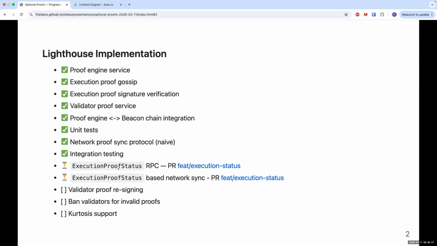I've opened a PR which uses this RPC and optimizes the naive proof sync protocol. We've got a few small features to implement. These shouldn't be too difficult. And then Kurtosis support is the final task. But yeah, I feel like we're making pretty good progress, and we should be feature complete in the not too distant future.